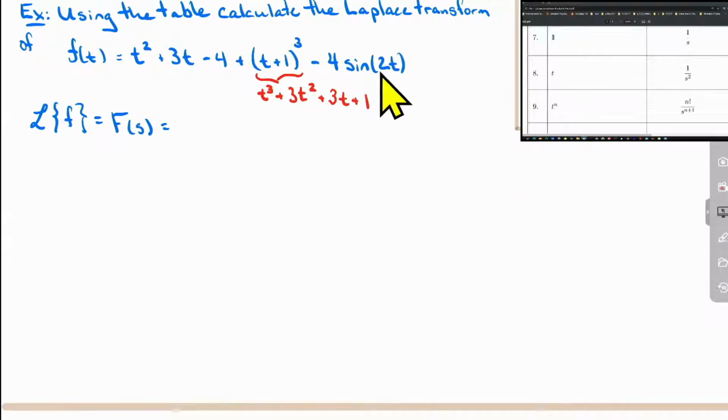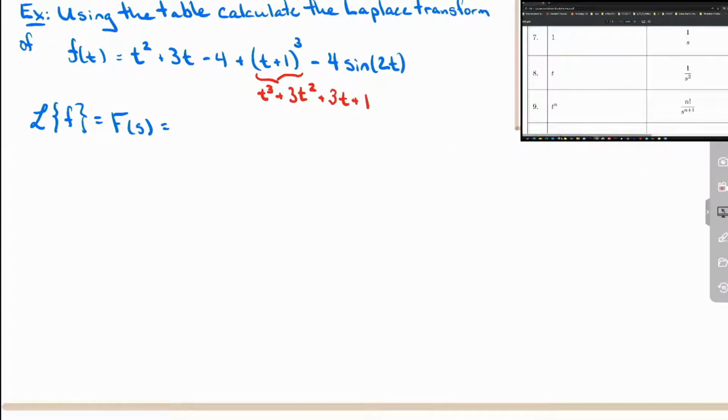Okay. What are we going to do with t plus 1 cubed? I'm looking right here. These are all my power functions, and I don't see anything that's like t plus 1 cubed. So what am I going to do? I'm going to just FOIL that t plus 1 cubed all the way out into each of its terms. I know how to take the Laplace transform of the number 1. I just did. Well, actually, the number -4. I know how to take the Laplace transform of 3t, because I just did. I know how to do a squared, and then I just use the formula again for cubed. Okay? So it breaks off a piece at a time, and now we're only left with the Laplace transform of